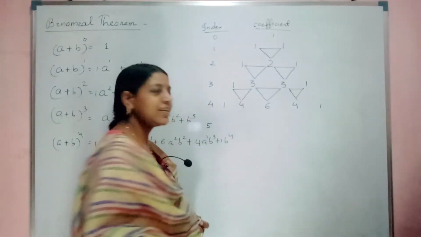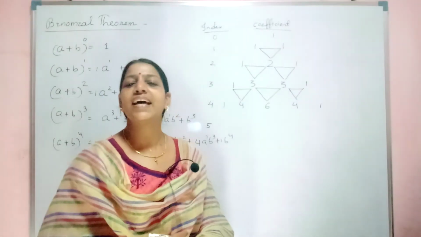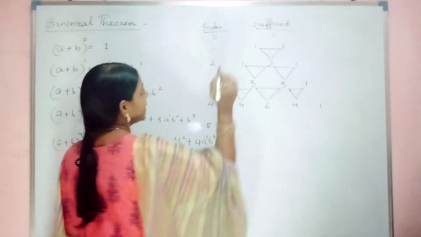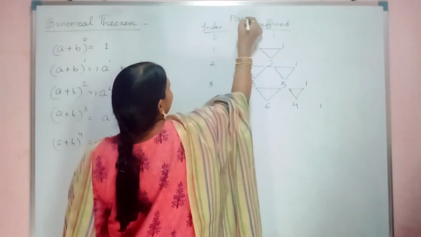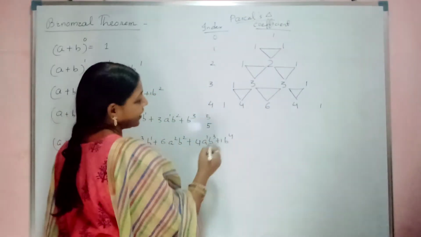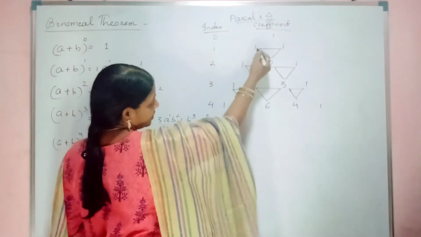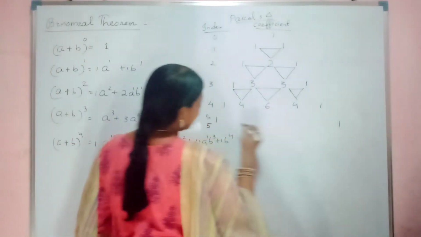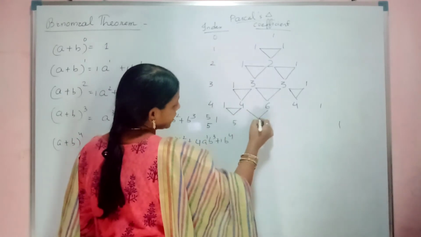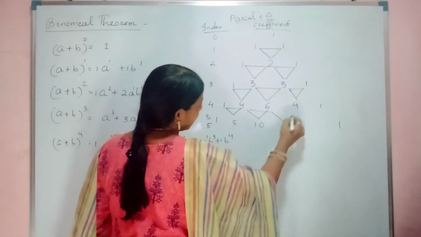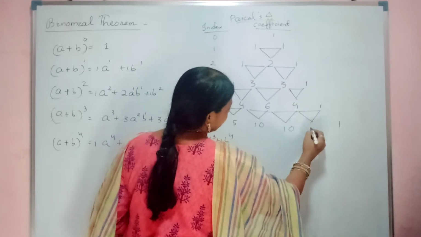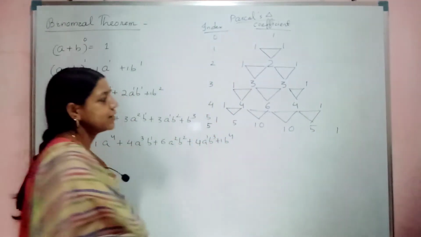It's like forming a triangle. Hence it is called Pascal's triangle. What is it called? Pascal's triangle. Even for 5, directly what can I write? First 1, because the ends will all be 1. Now in the middle, 1 plus 4 will be 5. 6 plus 4 will be 10. Similarly here 6 plus 4 will be 10. 4 plus 1 will be 5. The last end will be 1.